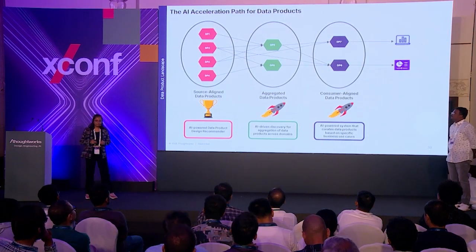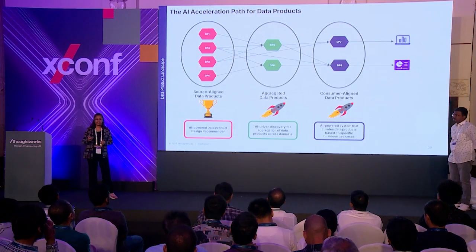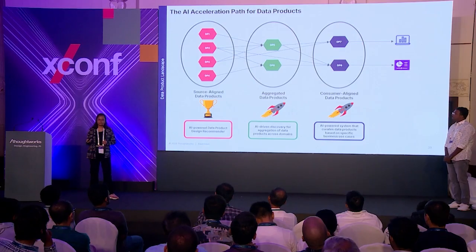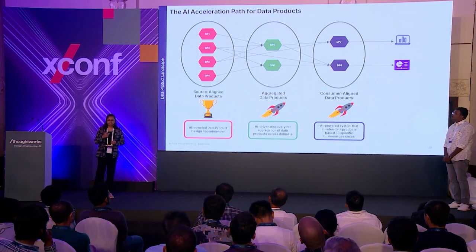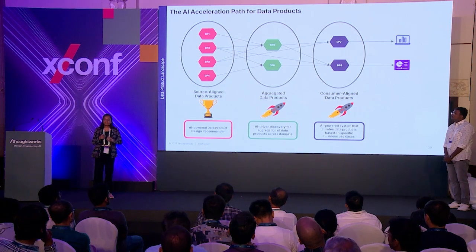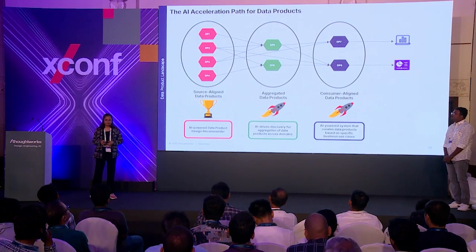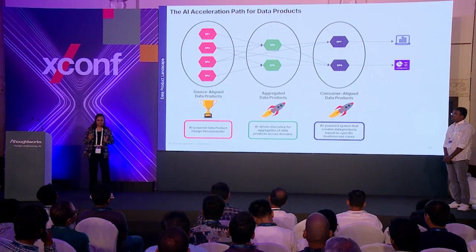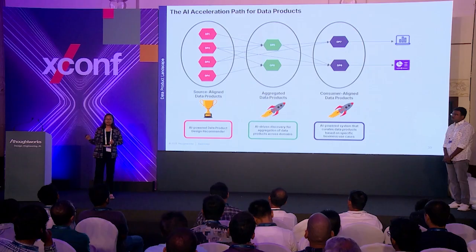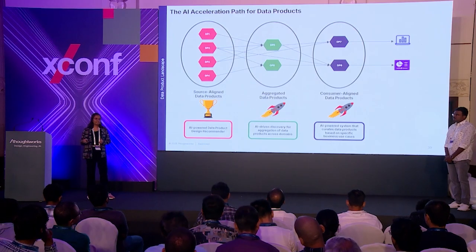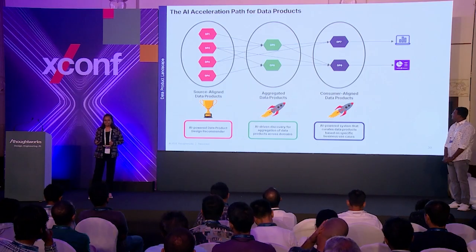Let me give one example. So, if a science team needs a dashboard for comparing the performance of a drug across various models, how can AI help here? AI can step in, select the relevant data products, stitch them together, and provide a tailored view for solving that particular team's needs. So far, we have seen all these accelerators, but there are countless opportunities and possibilities where AI can help to implement the data products and, moreover, the data mesh.